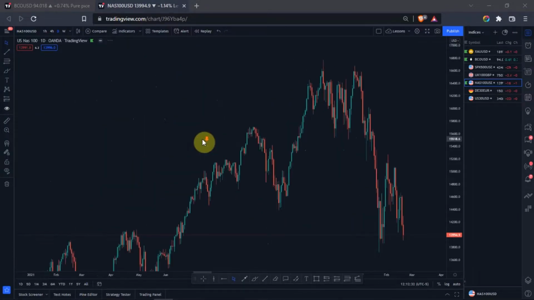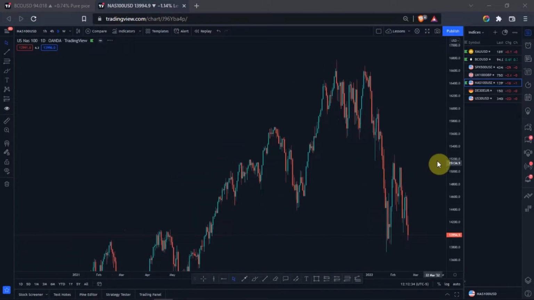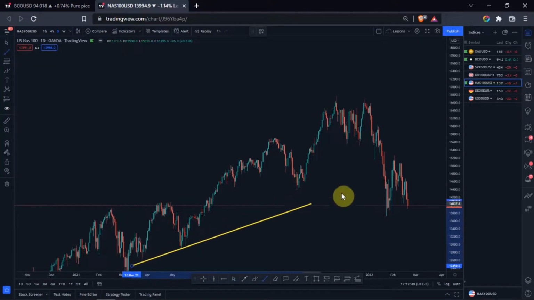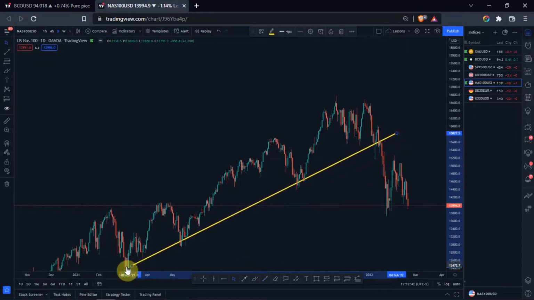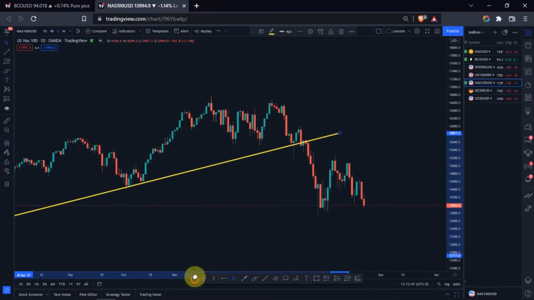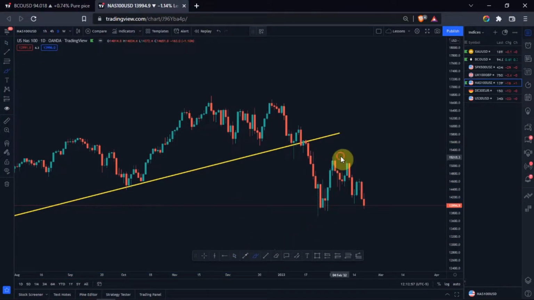It has been behaving quite interestingly, as we can see on the daily time frame that the market has been moving up and it is now heading towards the downside. If we draw maybe some kind of a trend line, we can see that there was a breakout earlier in this stage, on the 14th of January. Around that week there was a breakout towards the downside, and the confirmation of the bearish strength was through